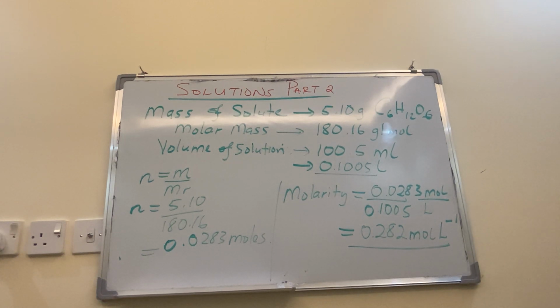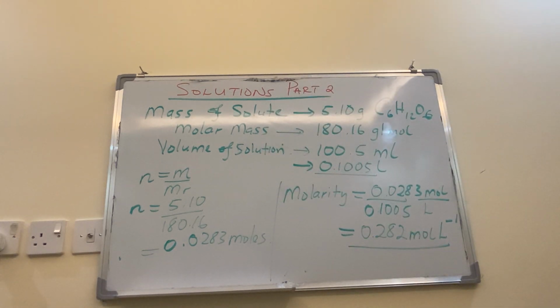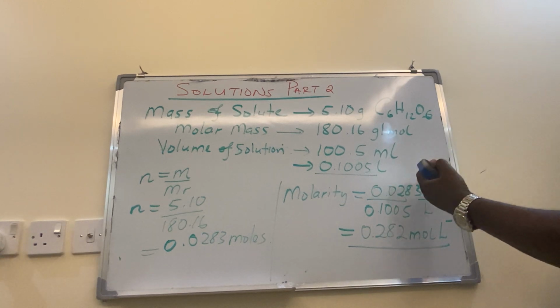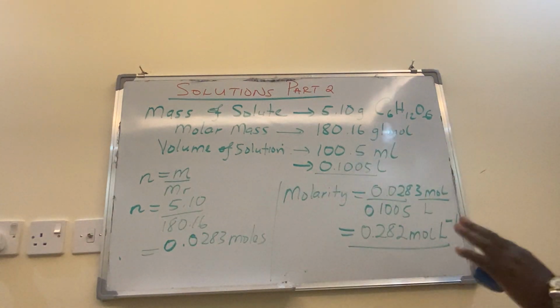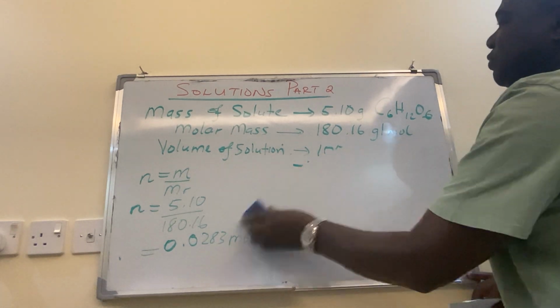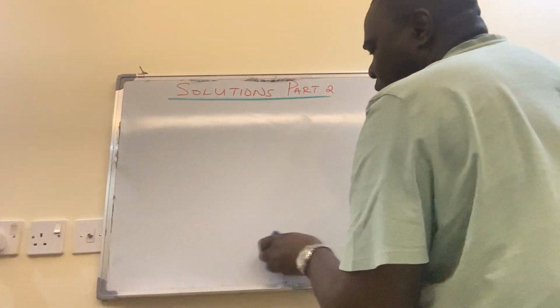Okay, and then just to end off, we will calculate molality. This is molarity, okay, with an R there. I hope you've managed to follow through what we're doing there. If you don't understand, you can pause the video, analyze the working, take your calculator, also follow through, especially where I was converting the mL to L, and also where I was calculating the number of moles there. You can pause and follow through the calculation. Okay, right. So let's move on to the last one, which is molality, and then we appreciate the quantitative approach